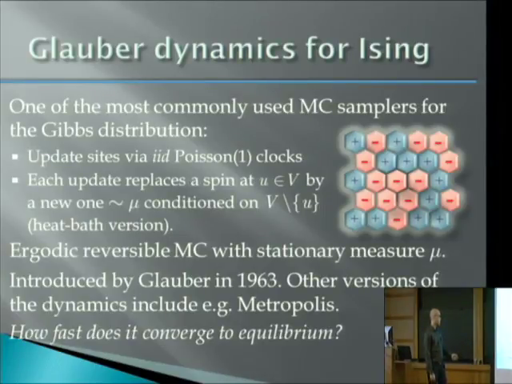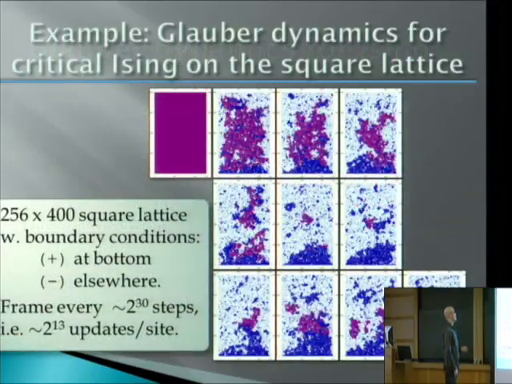Okay, but so as Avi asked, the crucial question is how fast does this thing converge to equilibrium? Okay, is it efficient? Will it happen in polynomial time, in exponential time? Is it rapidly mixing, and so on? So here's an example,